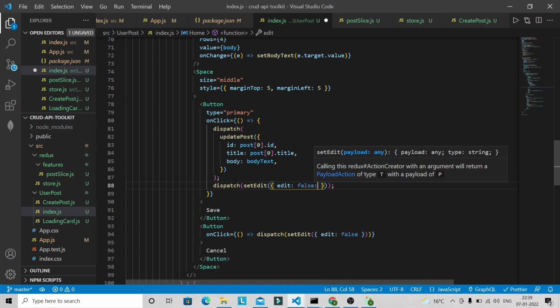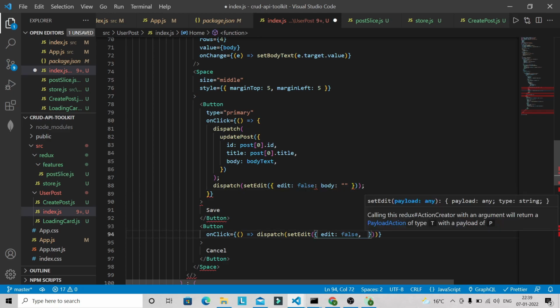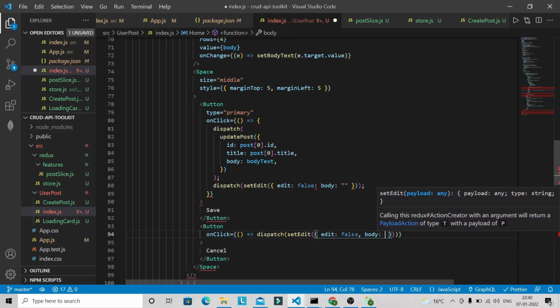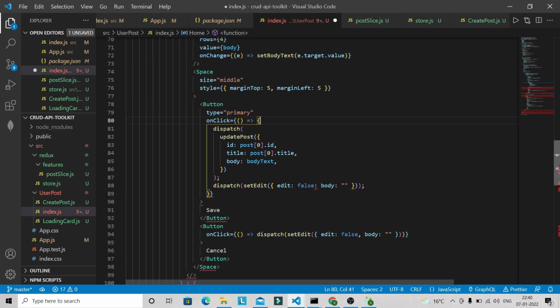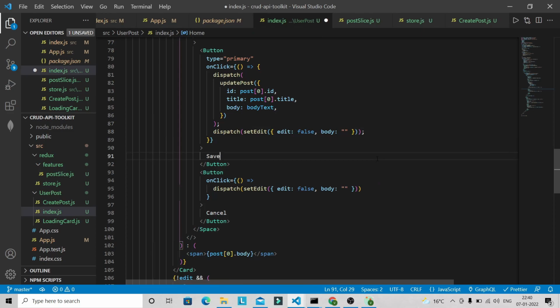And after this we have to basically make this body empty. And here also we can pass the body as empty. And here we are getting some error, so it will be a comma. Okay, so let's save this file